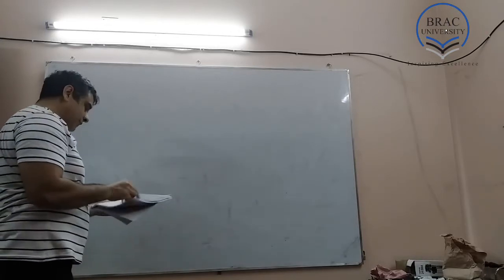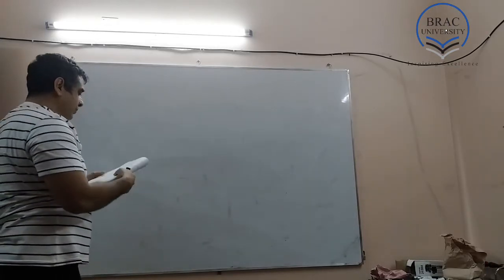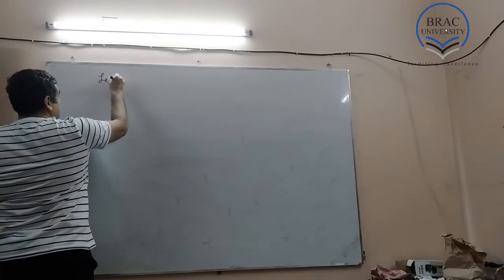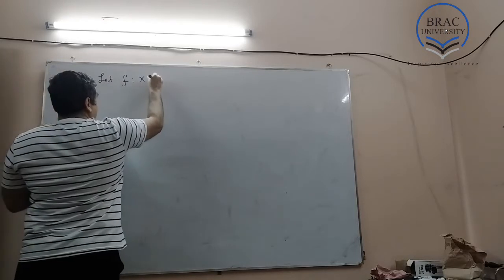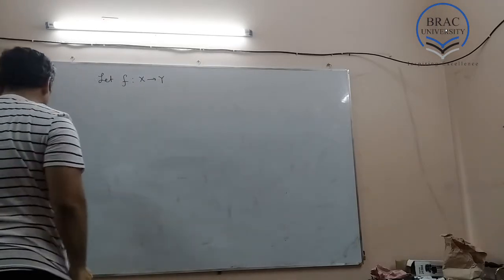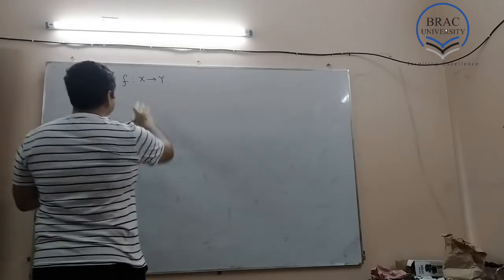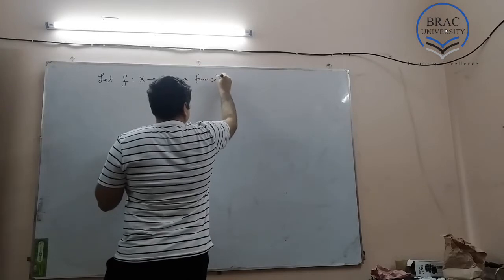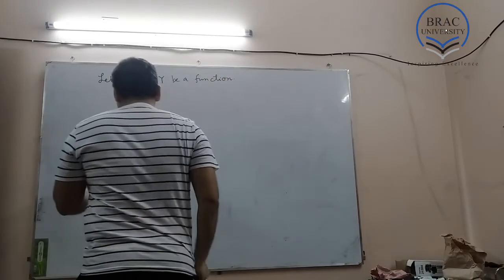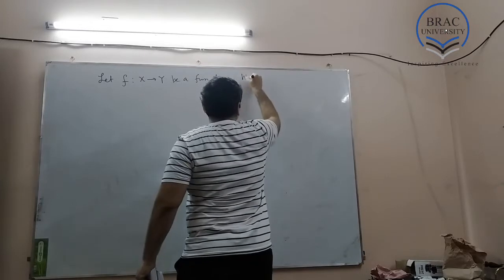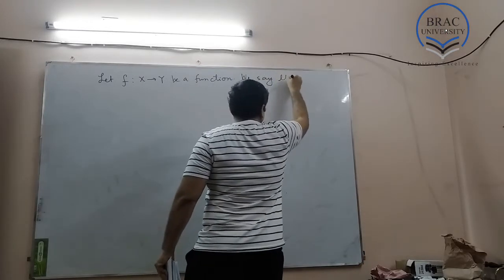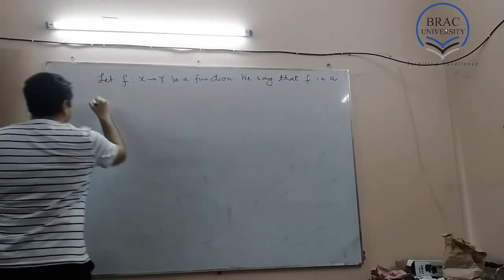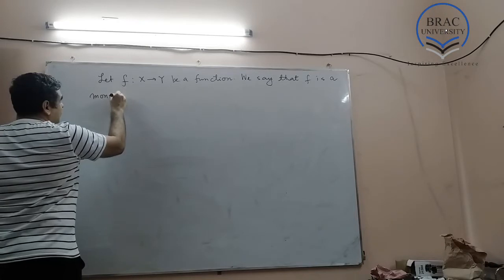Let a map from X to Y be given, that is, f from X to Y be a function. We say that f is a monomorphism